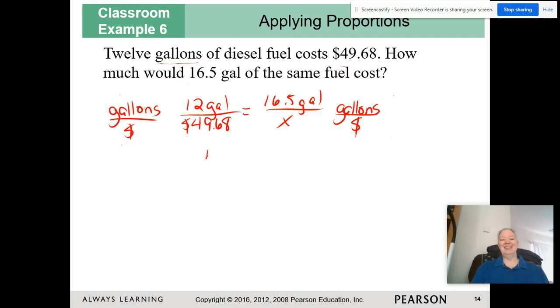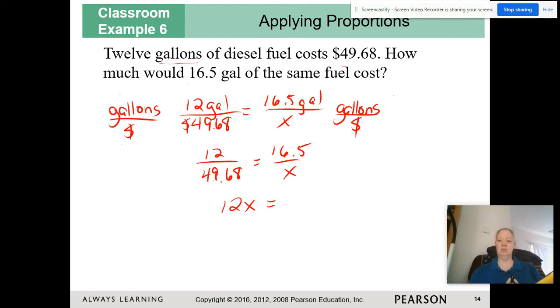Now, it's easier if we don't write the unit, 49.68, just to kind of clear it up just a little bit. But again, remember, if gallons go on top, dollars have to go on the bottom, both sides. They have to match. So we are going to cross multiply, and let's go ahead and do 16